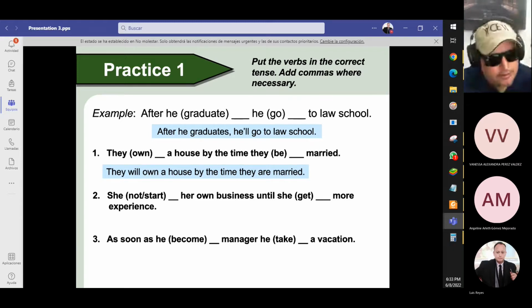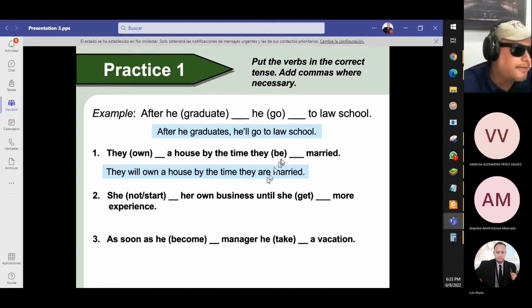Excellent, excellent. They will own, la frase principal, que es la intención, lo que queremos lograr en el futuro, va a ser will. They will own. Own es el verbo ser dueño de, ¿verdad? They will own a house, serán dueños de una casa para el tiempo en que se casen, en que estén casados. By the time they. Ahora, el presente simple del verbo ser con they va a ser are. ¿Ok? Hay que recordar